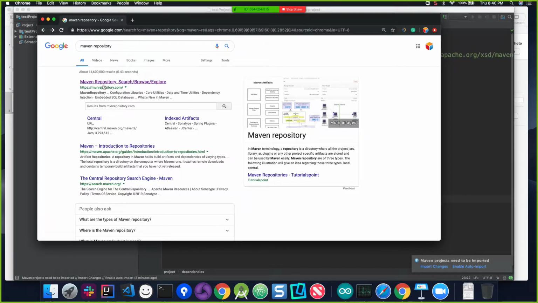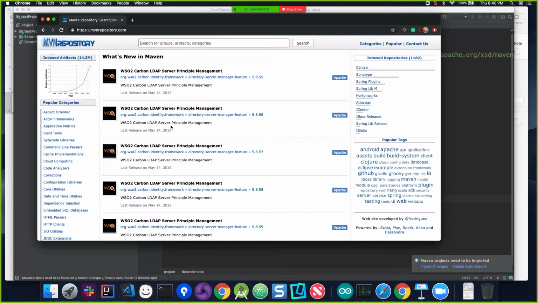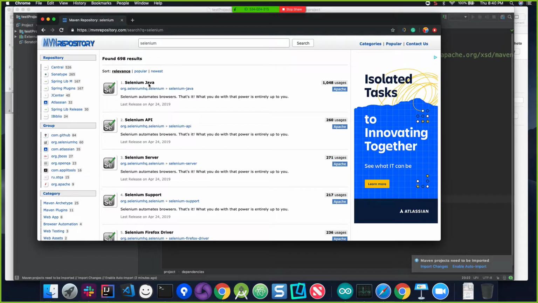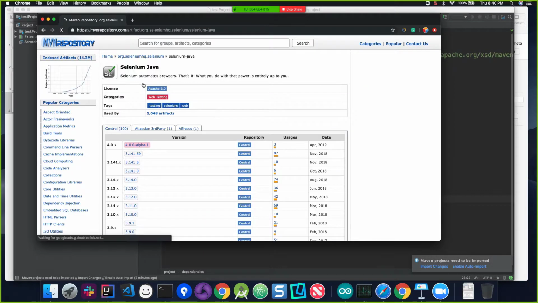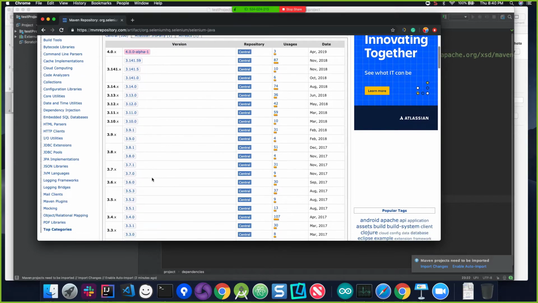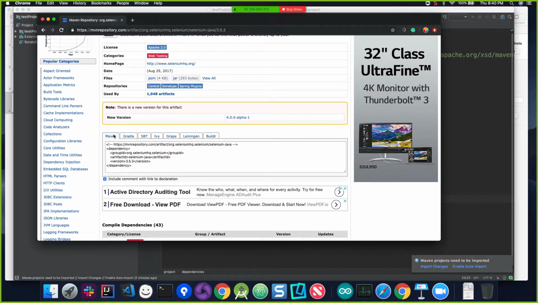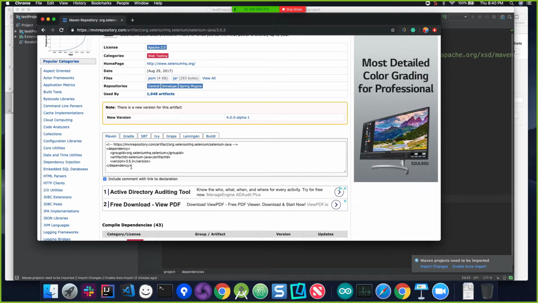So you Google, and I think the first result, you'll click on it. Everybody's on this screen? Yeah. All right. And then type, right? The very first one, which is Selenium Java, right? And then you'll scroll down to 3.5.3. And you see where it says, make sure it's selected Maven, and you'll copy this, right? You can copy this text